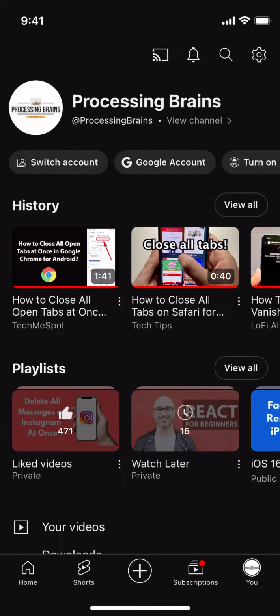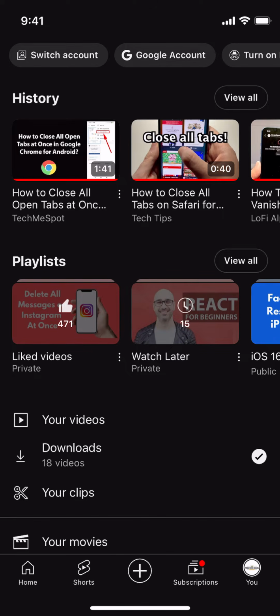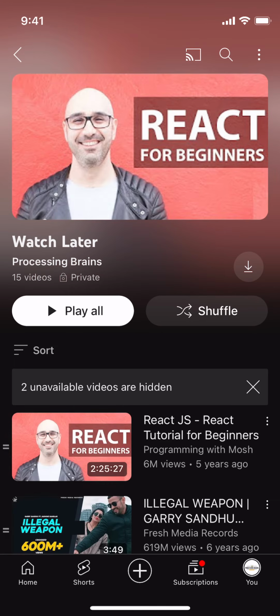So once this opens up, this would open up your profile, and here in the playlist you can see the heading is playlist, and the first one is the liked videos and the second one is watch later. So you can see the watch later playlist is here. Just go and tap on it and it opens up. You can see the watch later videos. So hope by doing so you'll be able to find watch later videos on YouTube on your phone, either